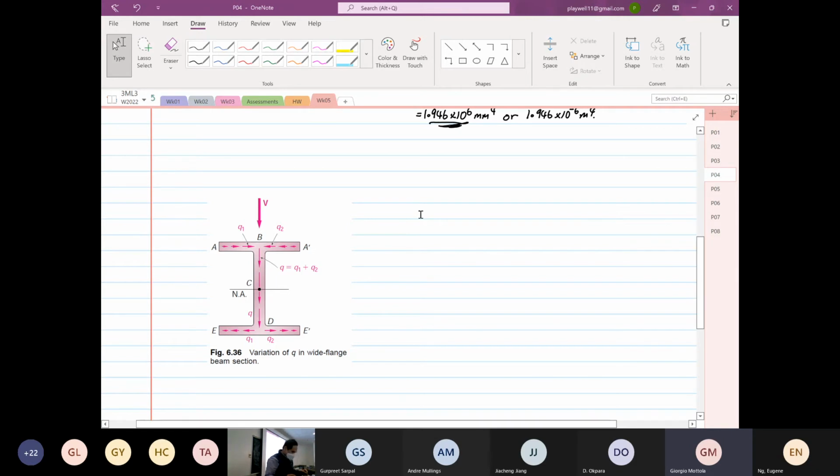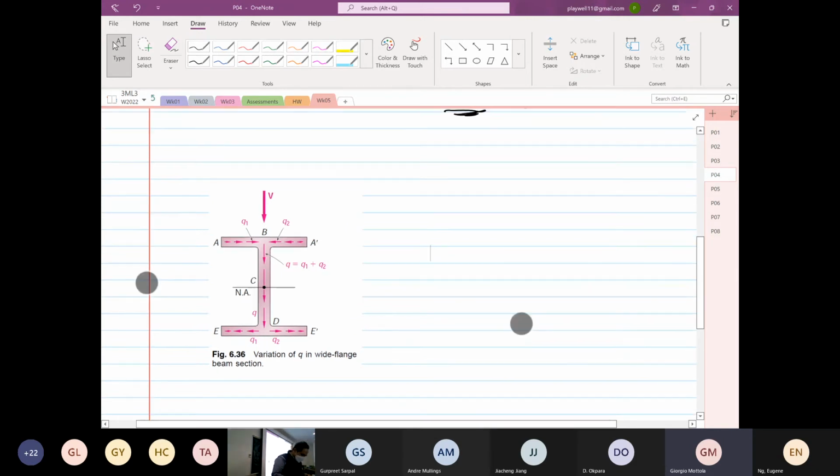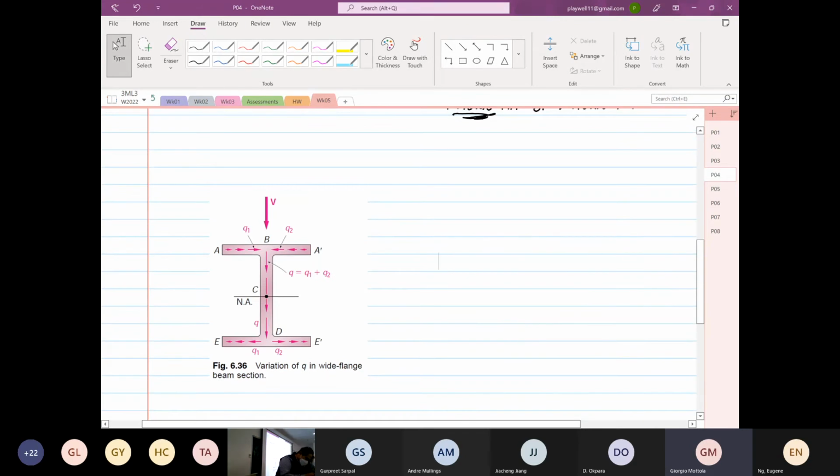Okay, right. So we are going to look at the difference now for the wide flange. I'm recording. Yes. Wide flange. Okay, we're going to look at wide flange. So now this is thin wall. So let me look at the standard one, the standard as in non-thin wall. Okay, how you find. So for non-thin wall,